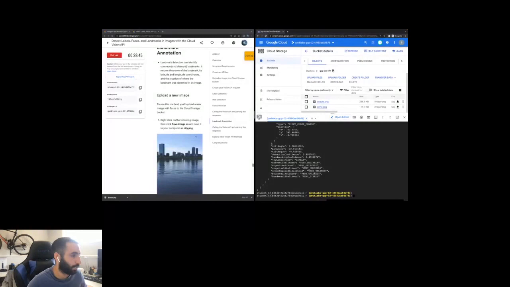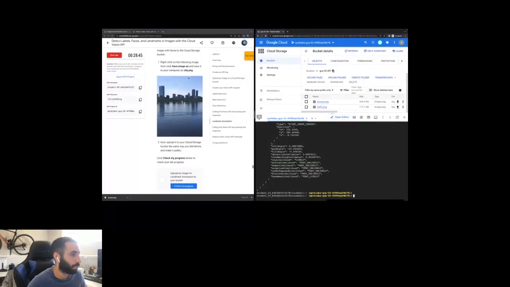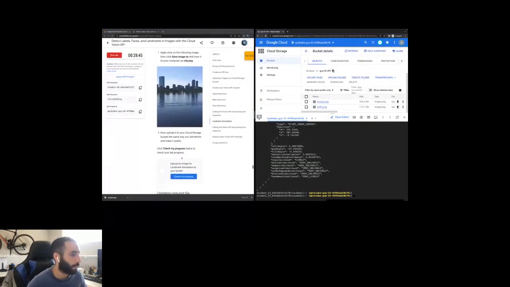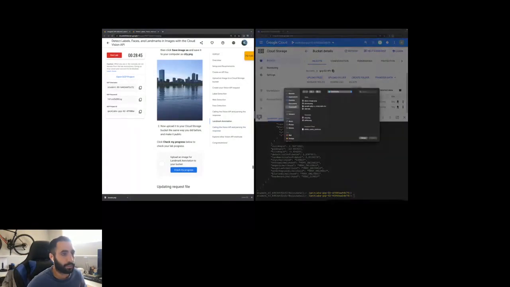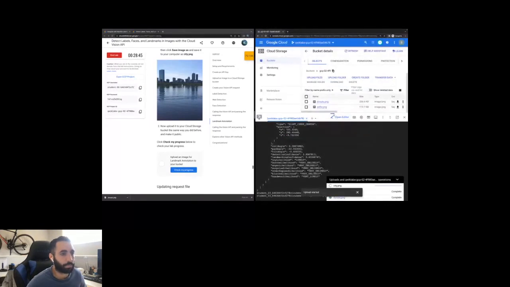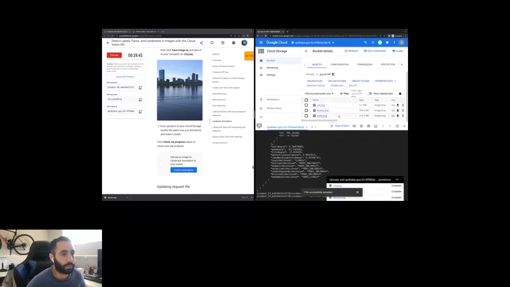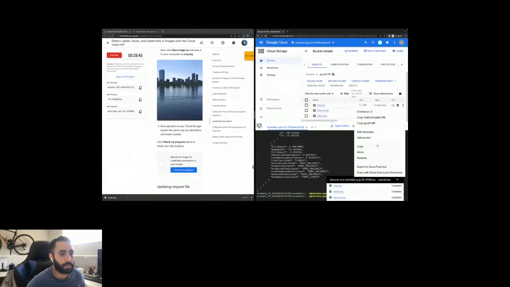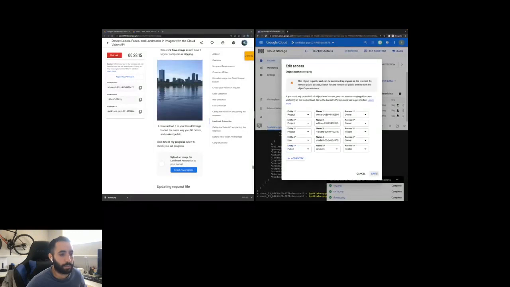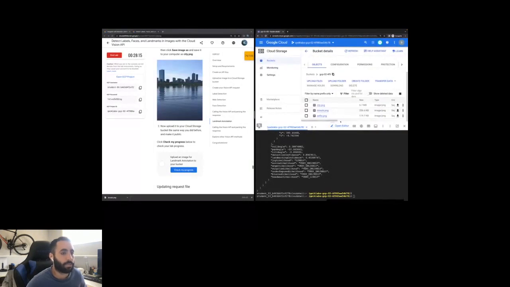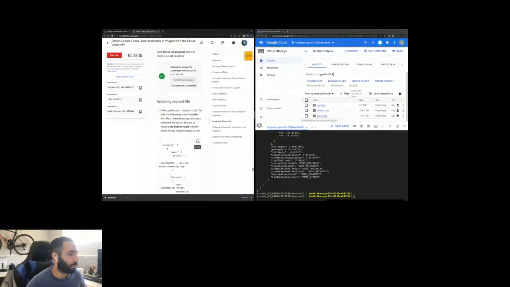So let's see here. We might need to save this image, which I have. You're going to save it as city.png. Now we're going to upload this one and fix the access. City upload. And let's fix this. This is going to be quick. Almost there. Public, save. Okay, check our progress. Cool. Let's fix the